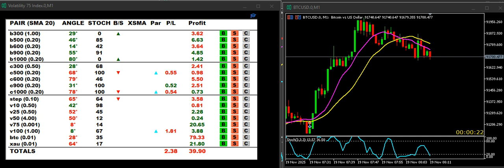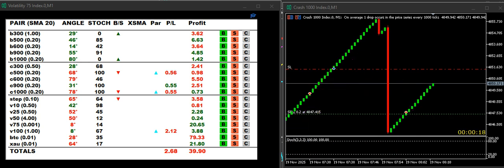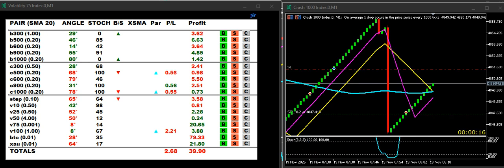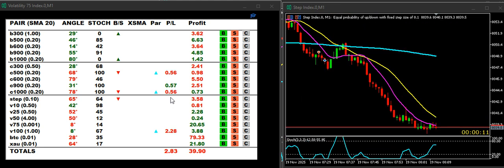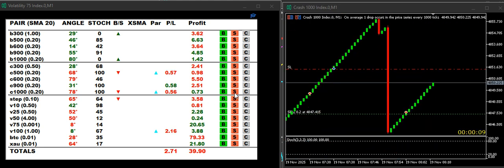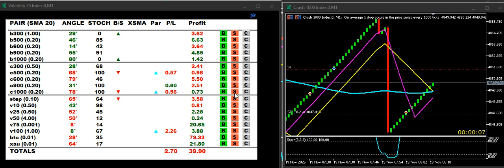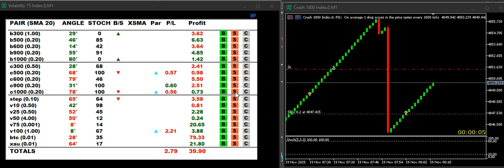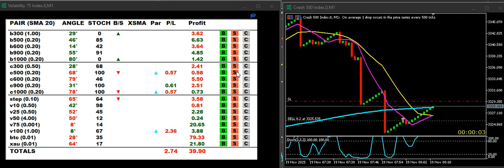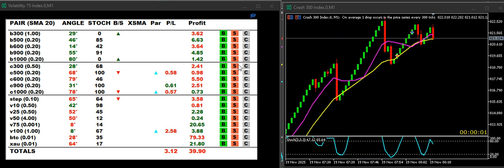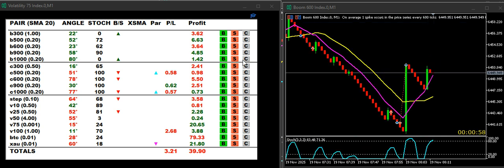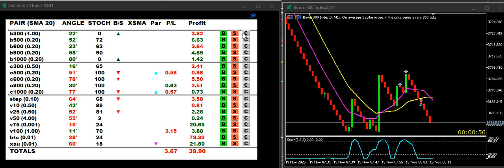Okay, this is a quick demonstration of Trinity trend dashboard, which I made tradable. If you open it on one chart and you hover, it will open a second chart on the right for you. And then if you hover between the pairs, it changes immediately. Absolutely spot on. And you can buy, sell, or close.